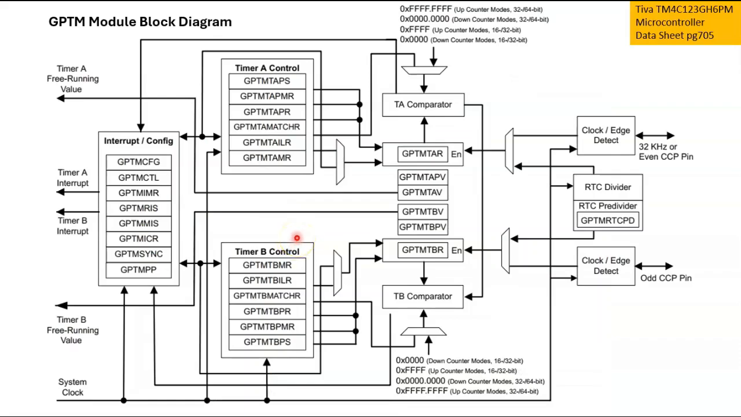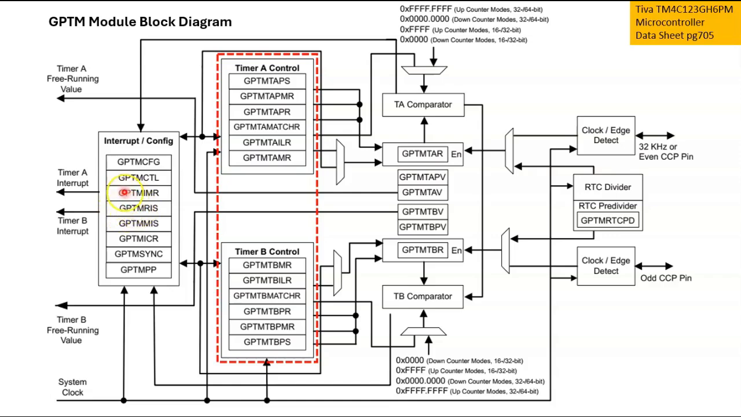Now here is the typical GPTM module block diagram. And as mentioned earlier, each timer can be divided into timer A and timer B. And as you notice, there is a list of registers here. What I would like you to do at this moment is to just have a glance at the names of these registers,